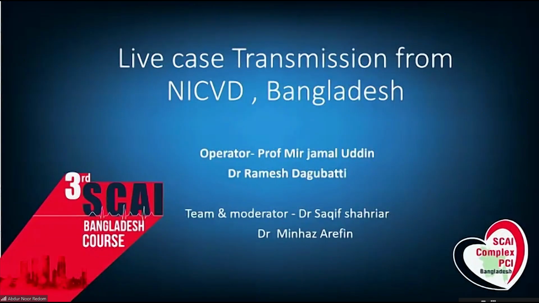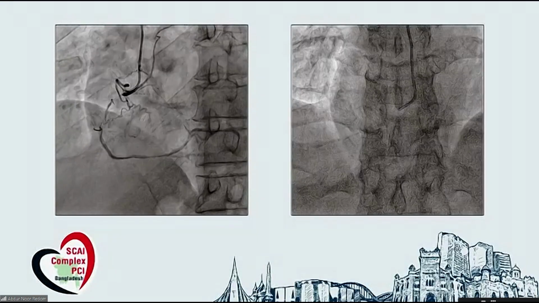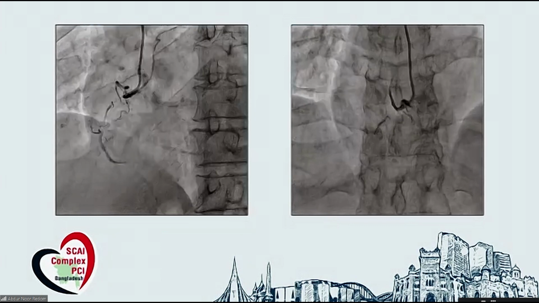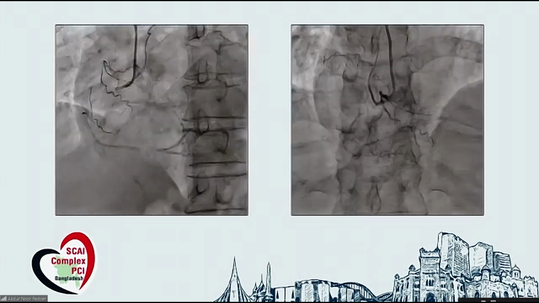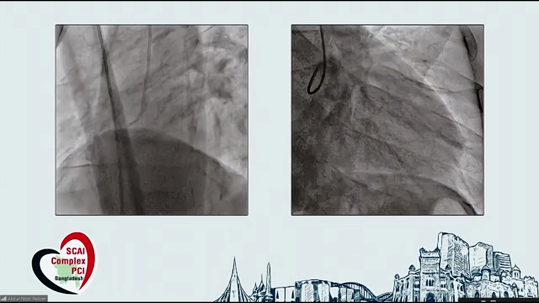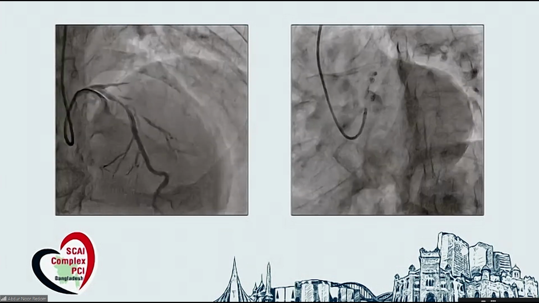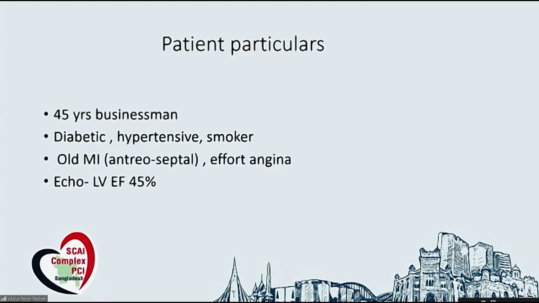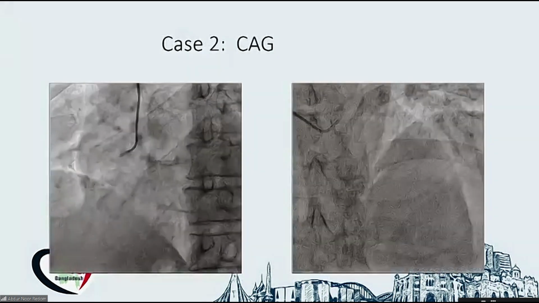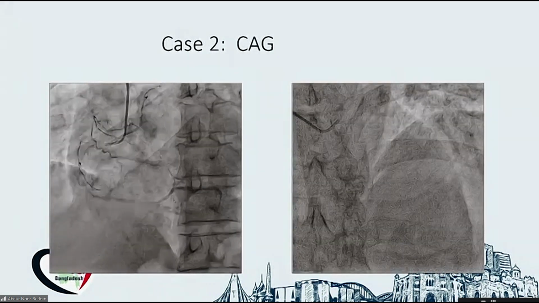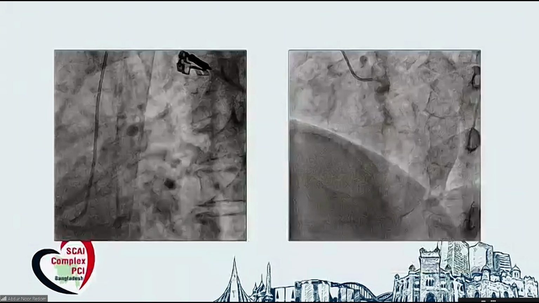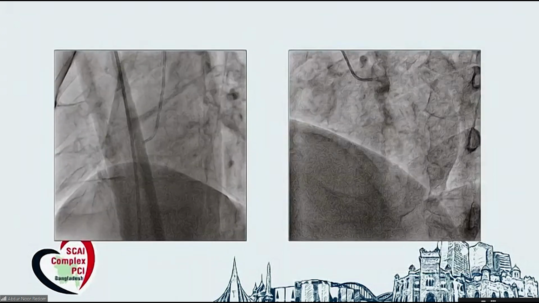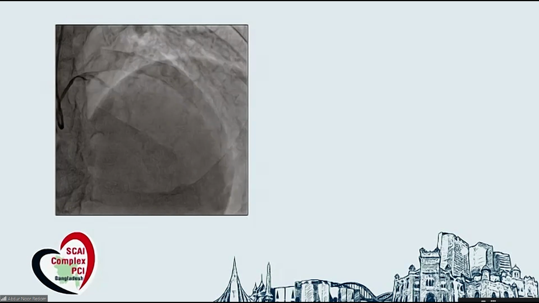A 47-year-old man, a young man, having old anterior MI and left ventricular ejection fraction 45% with viable myocardium in the LAD territory. It was found that it is a left dominant system, and out of that the LAD was totally occluded, and the distal left circumflex, that is LPDA, also has a significant lesion, and RCA is a non-critical lesion. RCA is a non-dominant vessel. It was tried in another center with the wire crossed, but they were not able to cross the balloon, and that is why we kept this for the conference.